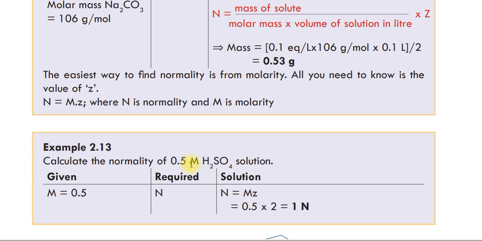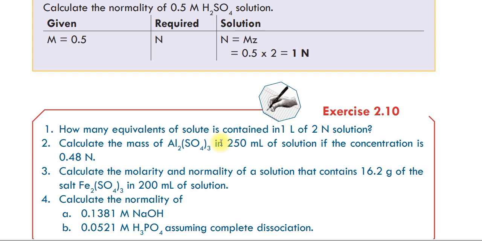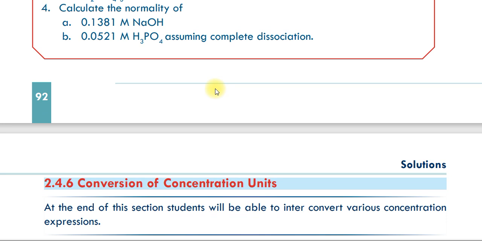ስለዚህ በእንደዚህ ካልኩሌት መደረግ ይችላል። አሁንም ሌላ ምሳሌ አለ፣ አጭር ነው። ለምሳሌ calculate the normality of 0.5 molarity of sulfuric acid solution ይላል። ስለዚህ ከዚህ የምንፈልገው Z ብቻ ነው። ሰልፈሪክ አሲድን ብትበታትኑት 2 moles of hydrogen plus sulfate ነው፣ ስለዚህ የZ ዋጋ 2 ነው። ሞላሪቲ 0.5 ነው፣ N ማለት M times Z ነው፣ 0.5 times 2 which is 1 normal ይመጣል። እንደዚህ አድርገን የሶሉሽንን ኮንሰንትሬሽን ኤክስፕረስ ማድረግ እንችላለን።